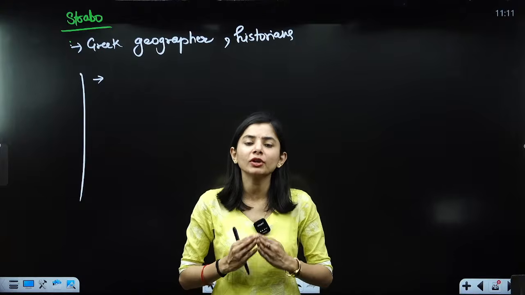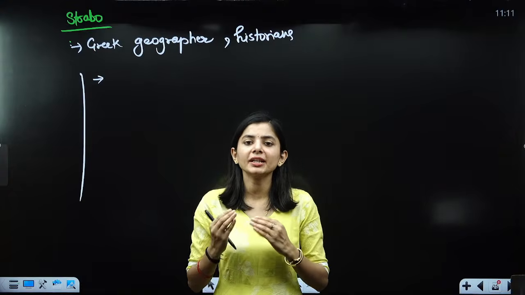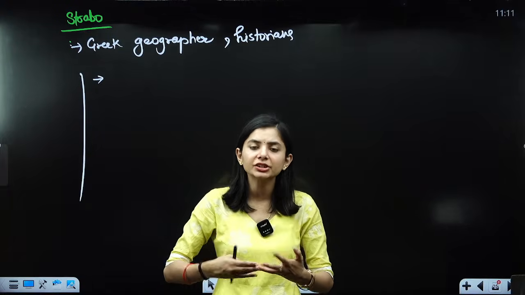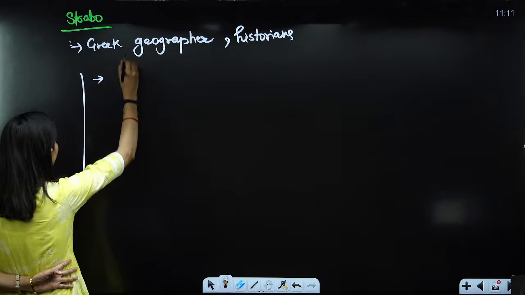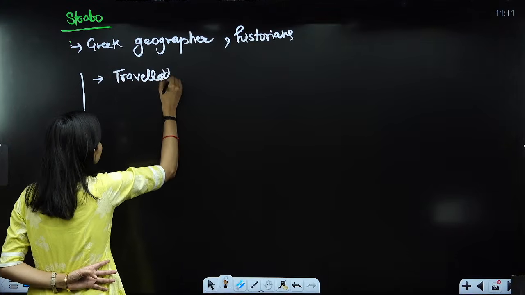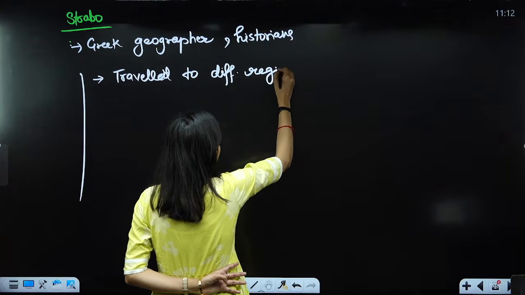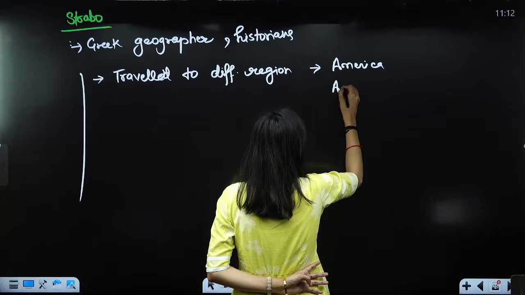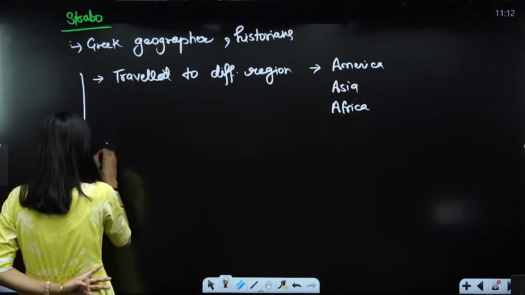As I have told you, he was not very curious about the culture itself, but he was very curious about the impact of the environment upon any community, their culture, or their lifestyle. So what we can explain here is that Strabo traveled to different regions, like America, Asia and Africa, and there studied